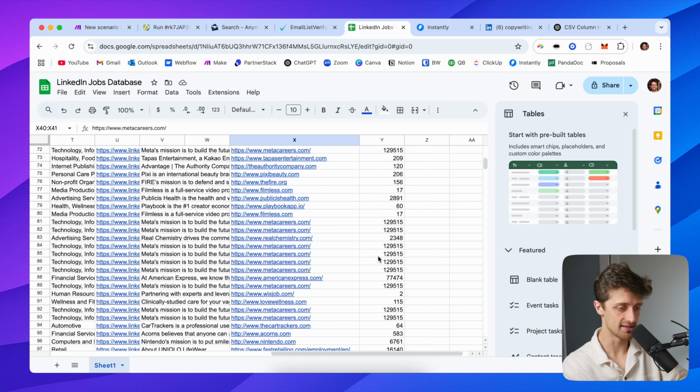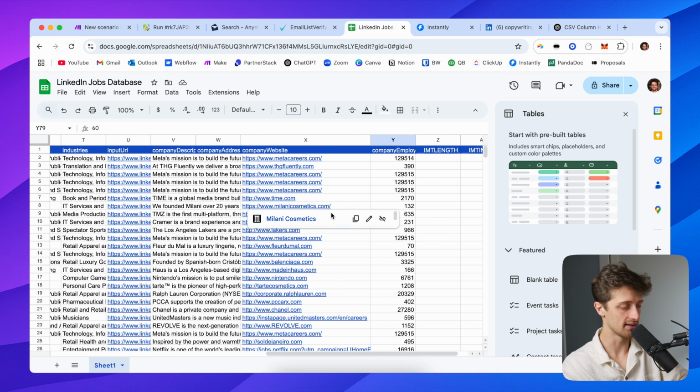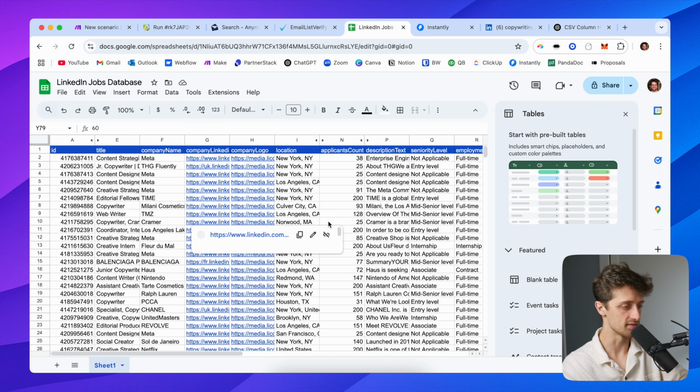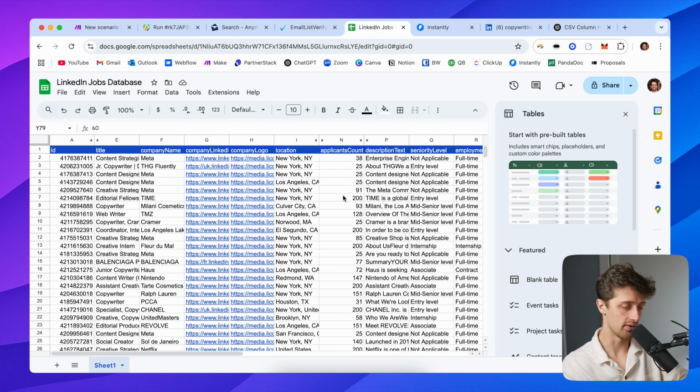The other thing is a lot of these companies, especially Meta, I mean, they've got 129,000 people. We're not going to email Facebook. We want to go after these guys, these small to medium sizers, just because we're just going to have better luck cold emailing those people and providing value for them. Okay, so in order to fix that,